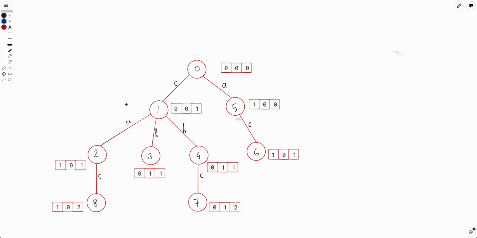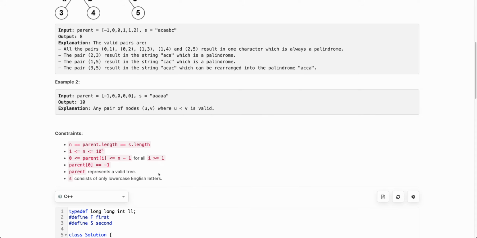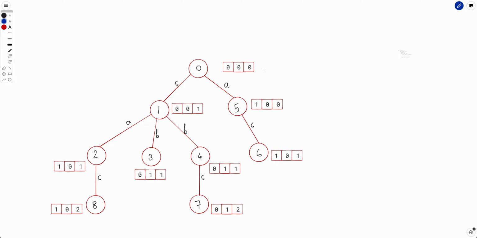Now one simple way could be to just keep this frequency array with every node, and you will just update it while doing a simple DFS or BFS, whatever you want. So let's say you maintain a frequency array with each node. Now root has this frequency array of 0, 0, 0. So I'm just showing you three elements here for A, B, C, but in the actual problem you will have all the lowercase English letters, so the array size would be 26. But for now let's assume that there are 3 characters only, A, B, C, so we will keep it short